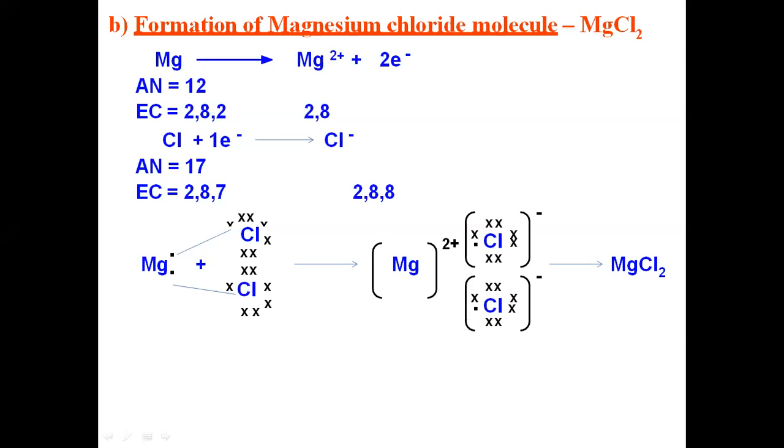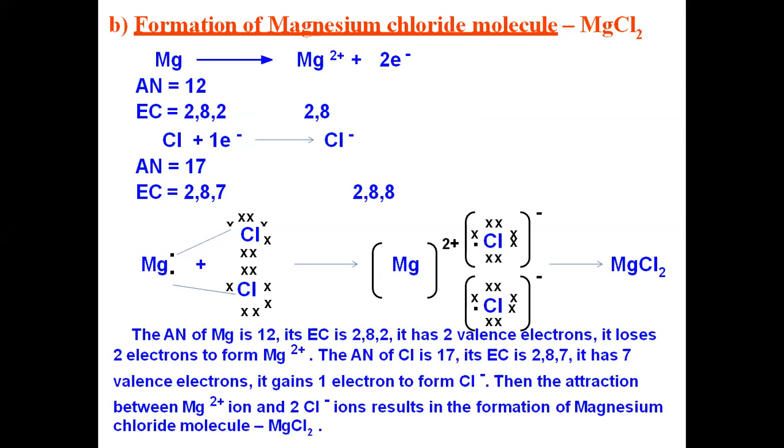Okay, so this is how magnesium will be converted into magnesium chloride. Again, the explanation they have given is that magnesium with atomic number 12, by giving electrons to chlorine, becomes magnesium chloride. During this transformation, the magnesium loses 2 electrons and the chlorine gains the 2 electrons to form magnesium chloride.